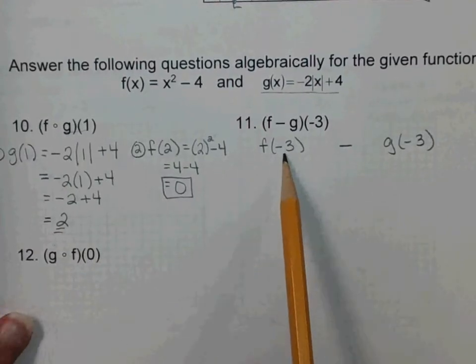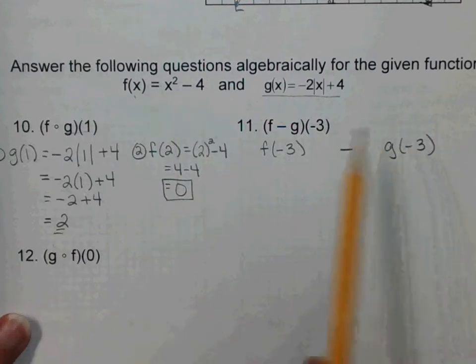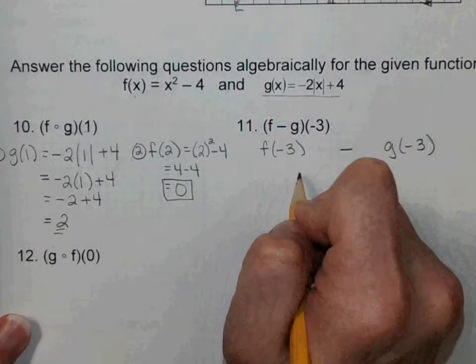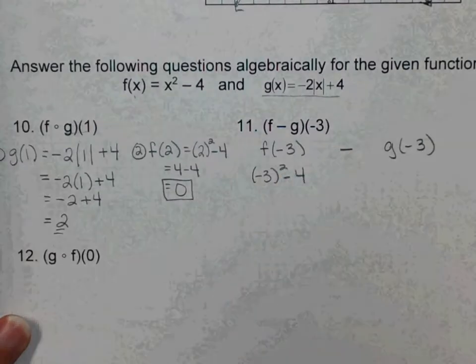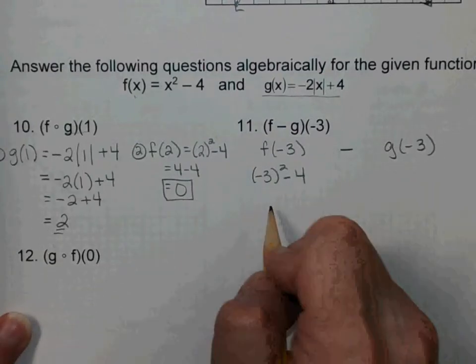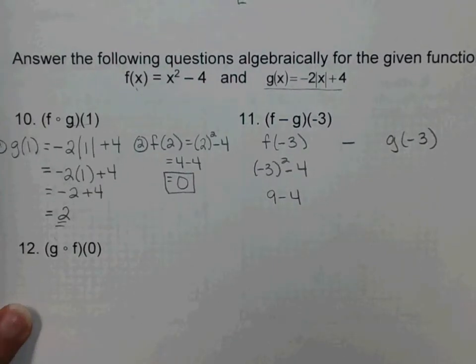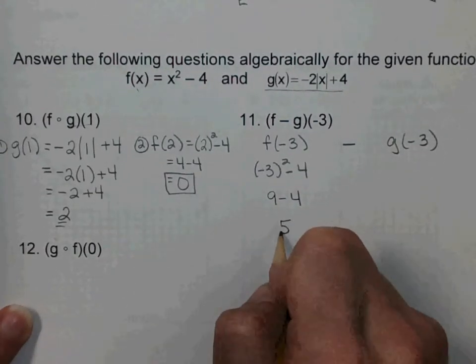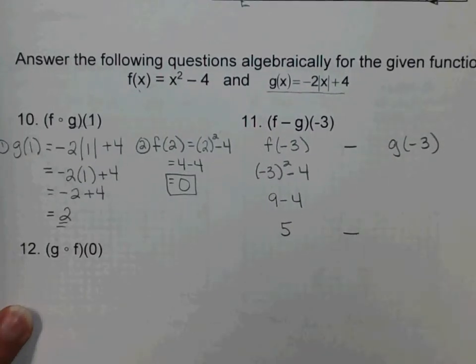So you're going to substitute -3 into the f of x function first. So that gives you -3 squared minus 4. -3 squared is 9. 9 minus 4 is 5. Minus